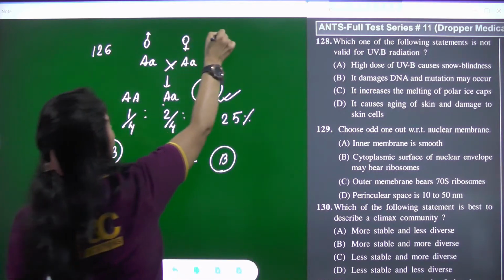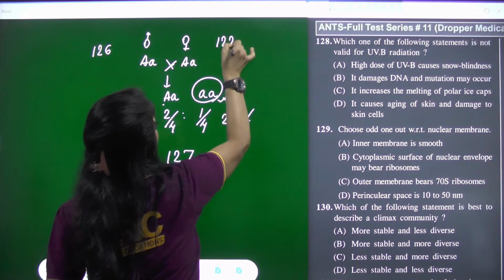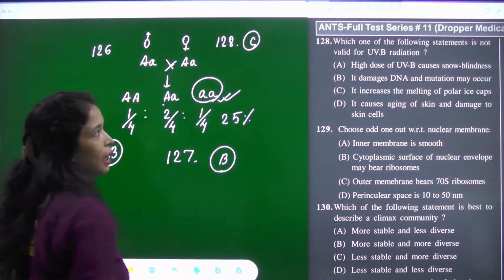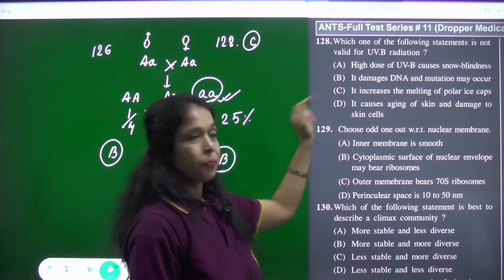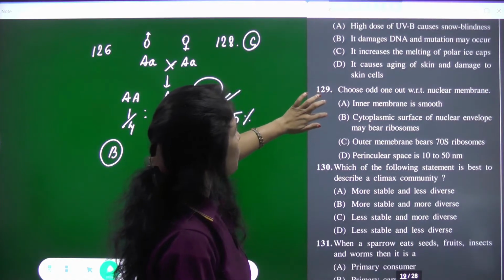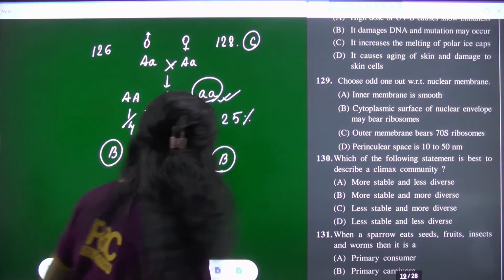So 128 के लिए क्या हो गया आपका आंसर? इनकरेक्ट स्टेटमेंट आपको फाइंड करने के लिए दिया है, ठीक है ना? सो हो गया सी ऑप्शंस, राइट. चूज ऑड वन आउट विथ रेस्पेक्ट टू न्यूक्लियर मेम्ब्रेन. ओके,